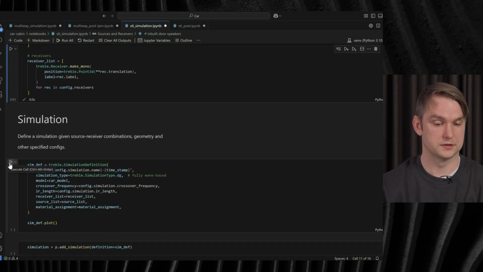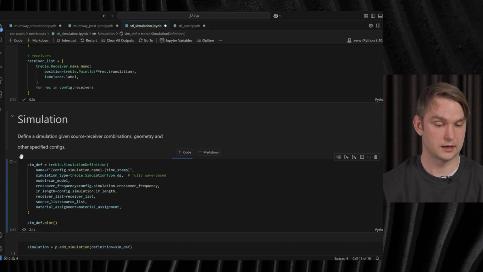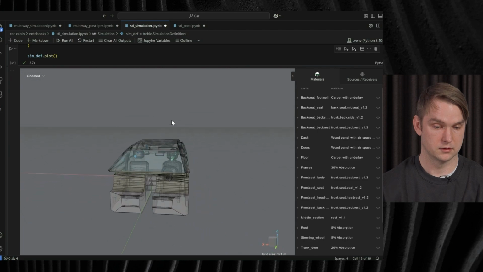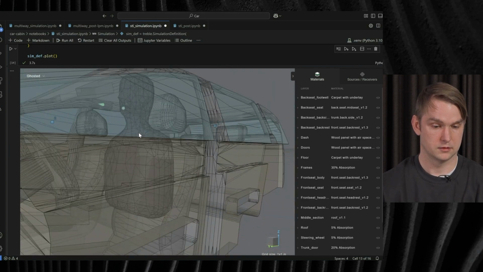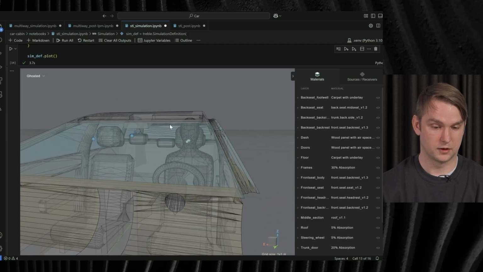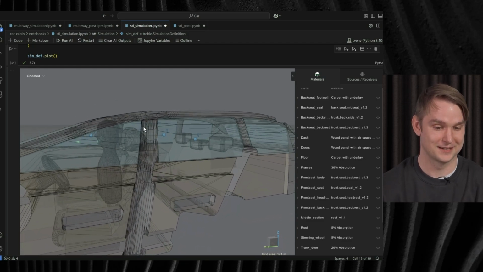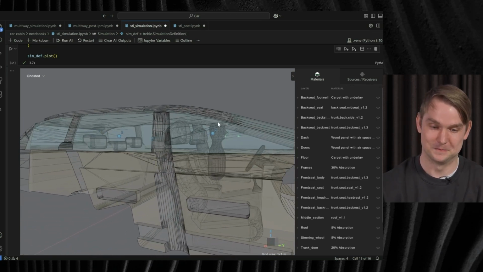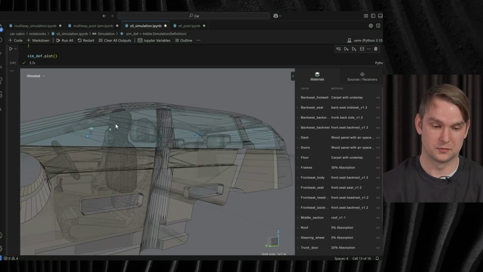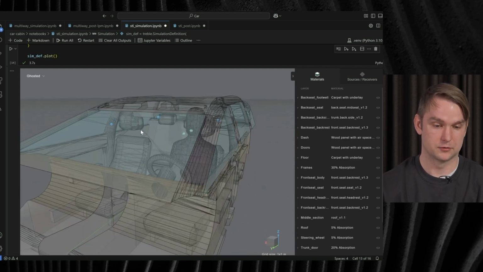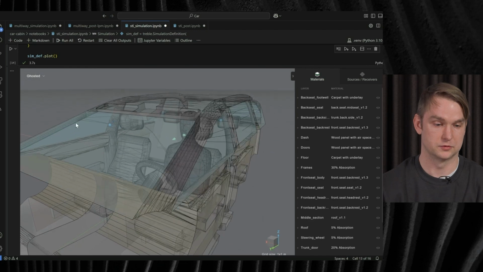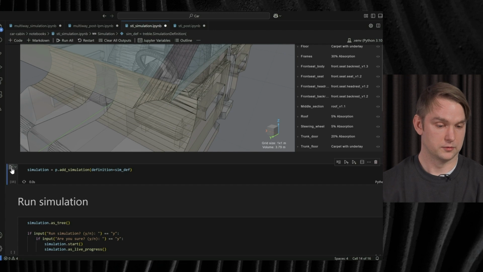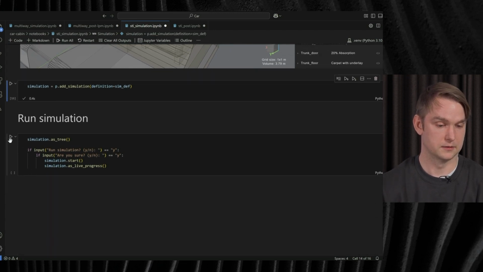And then we're going to create the simulation definition up to 8 kHz with the car model, and then we're going to plot that here. Five blocks of code, and we can inject the mannequin into the front seat. I think that's really impressive. Then we can use that as a speech source and compute the impulse response functions to the different receiver locations, and use that for the speech intelligibility analysis. So we can quickly add the simulation to the project,